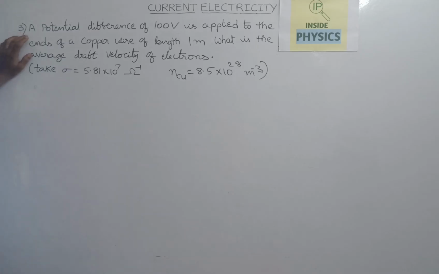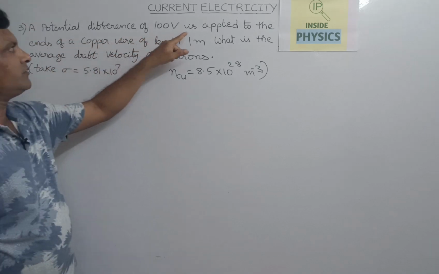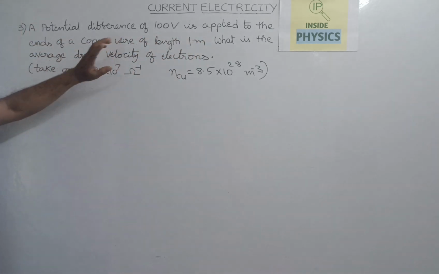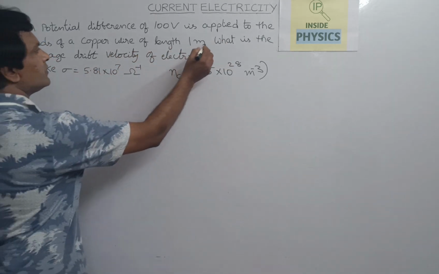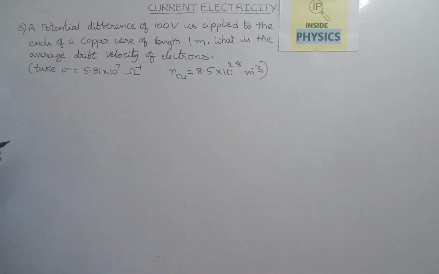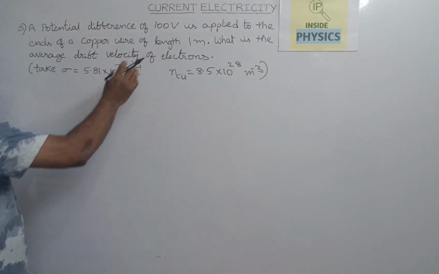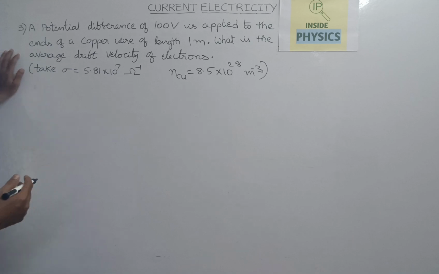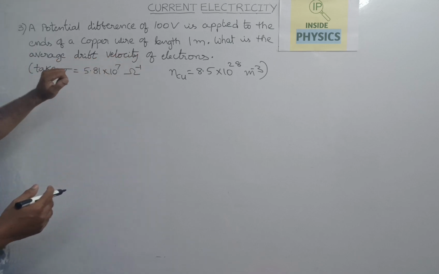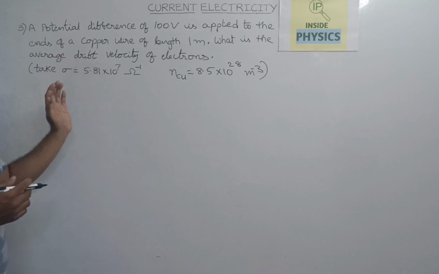Now we will see the third problem. A potential difference of 100 volts is applied to the ends of a copper wire of length 1 meter. What is the average drift velocity of electrons? We know that whenever there is a flow of electrons in a conductor, by applying a potential difference across its ends, the electrons are accelerated because of the potential difference, and the electrons will collide with the atoms or ions or molecules in the material. So the drift velocity is, the meaning is they are drifting towards the